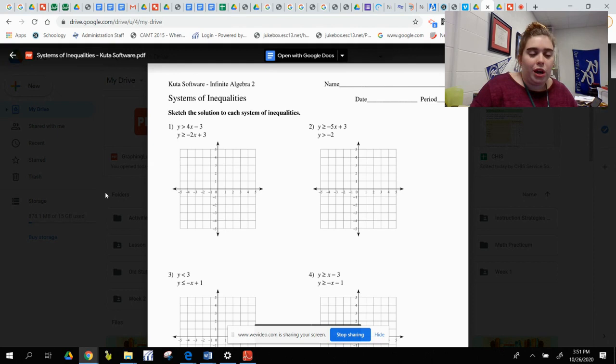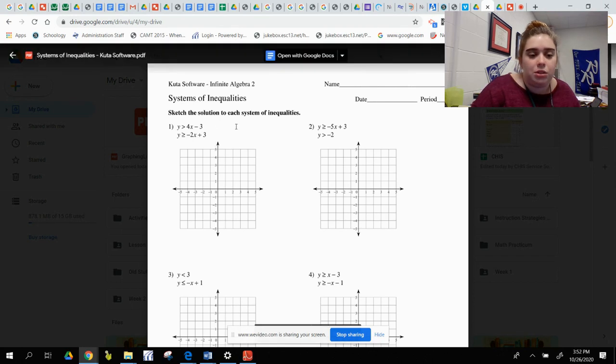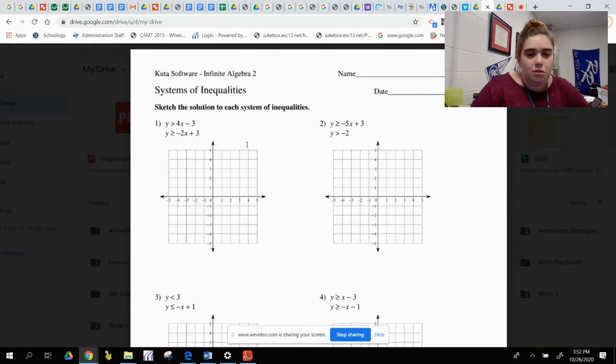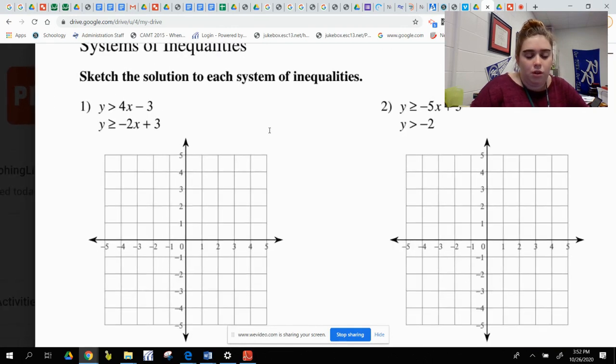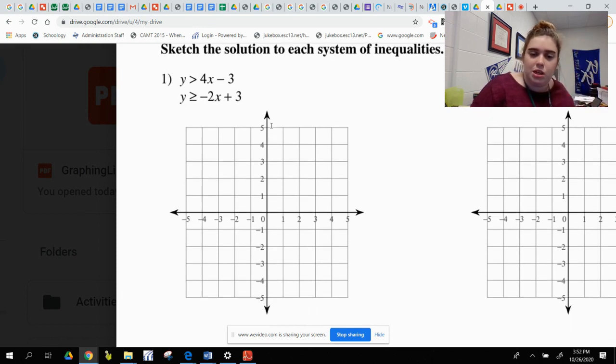Okay, so right here we have some lovely systems of inequalities. These are 2 by 2 systems because we have 2 inequalities and 2 variables, x and y. What we're going to look at is how we can graph them and potentially find the solution for each system of inequalities. So let's zoom in right here, look at number 1. If you want to follow along and take notes, this worksheet is attached as a PDF